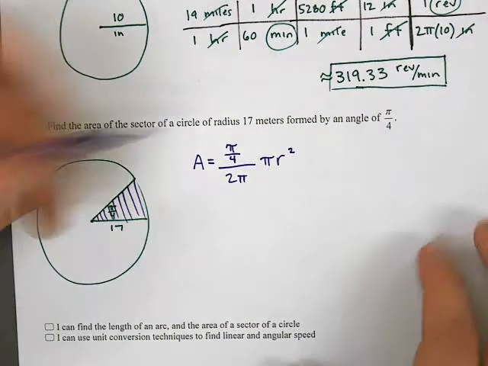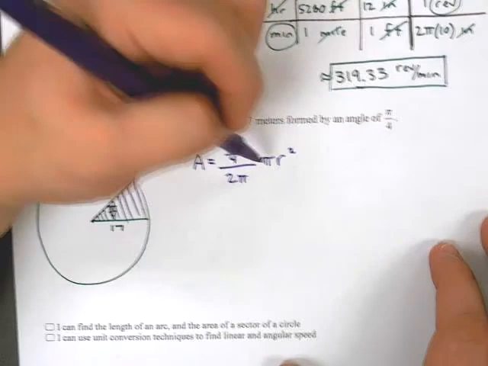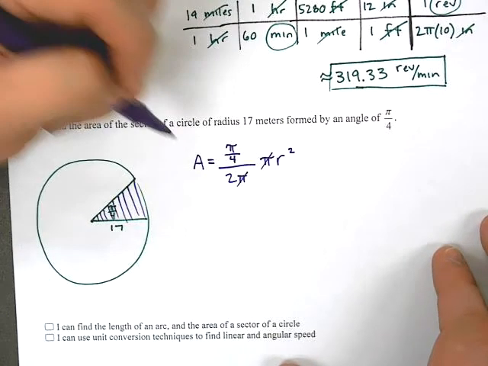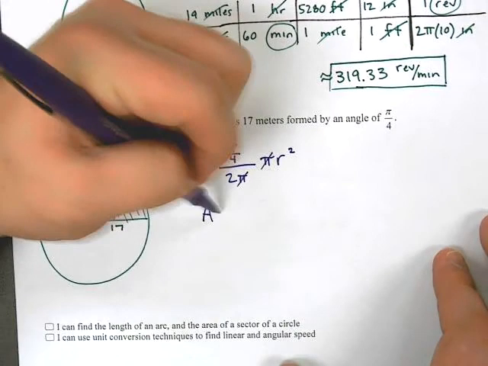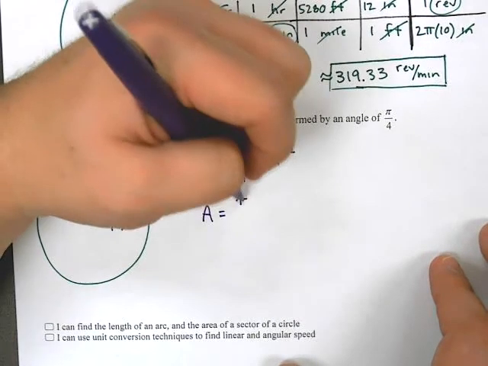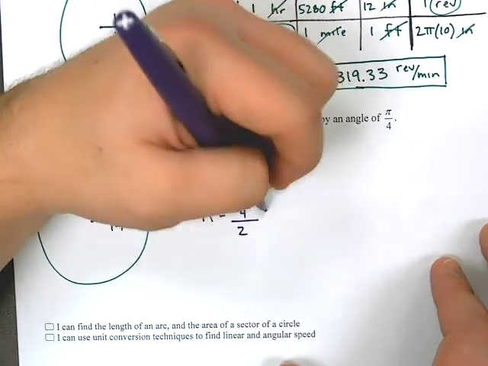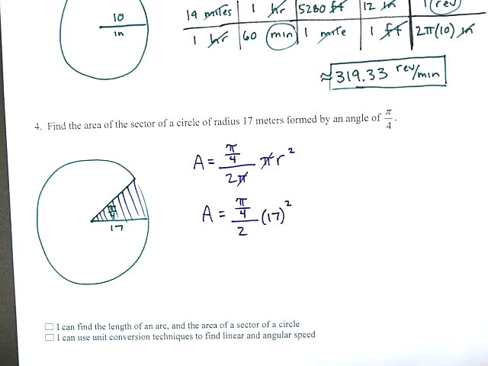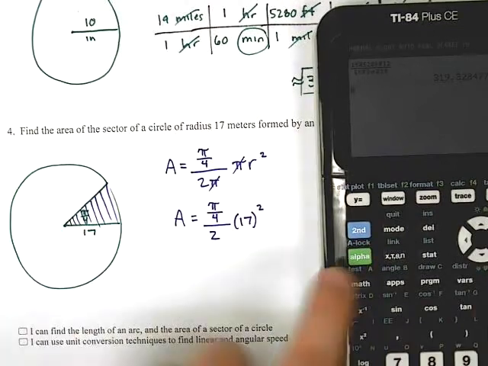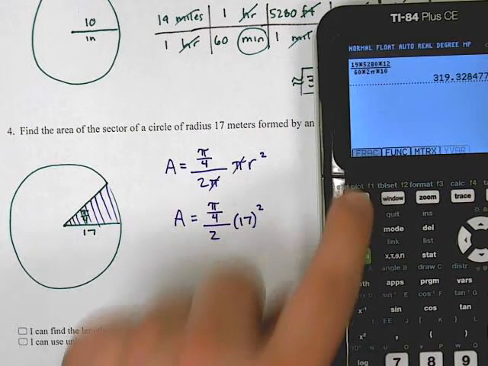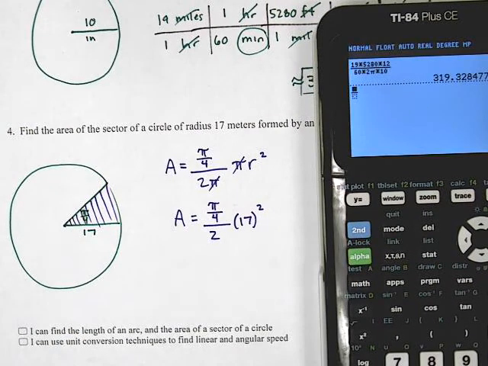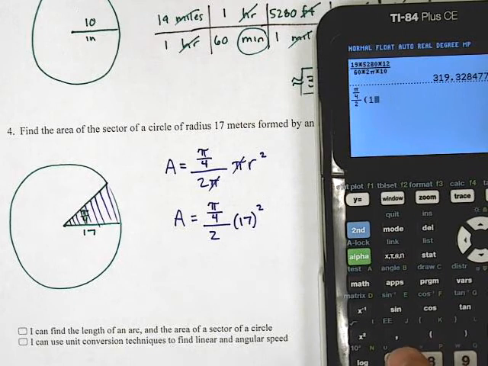So what happens? I mean, if we want to work through this, we can cancel out some pi's. So A equals, let's just keep going with it, pi over 4 over 2, and then we have 17 squared. Guys, I'm not even going to mess around with this. I'm just going to go right to the calculator. All right. So let's do it. Alpha y equals fraction. We're going to actually do another fraction. And so now in this top fraction, I have pi over 4. That's all over 2. And then we're multiplying that by 17 squared. And when we hit enter,